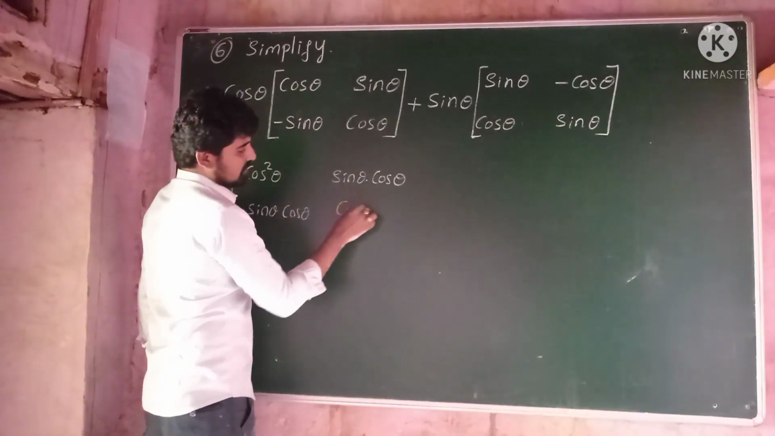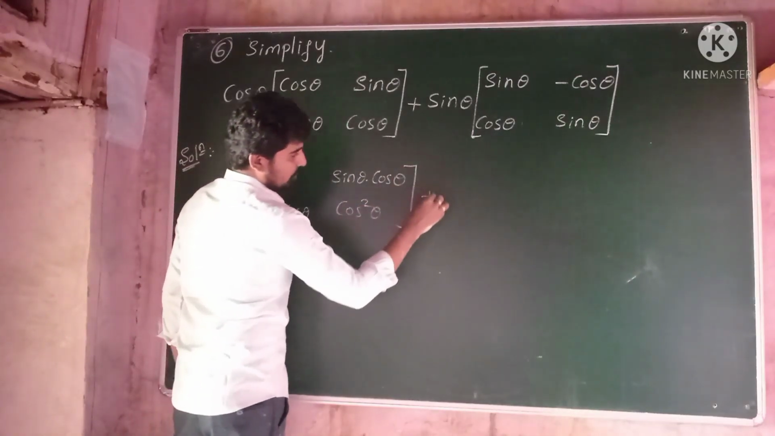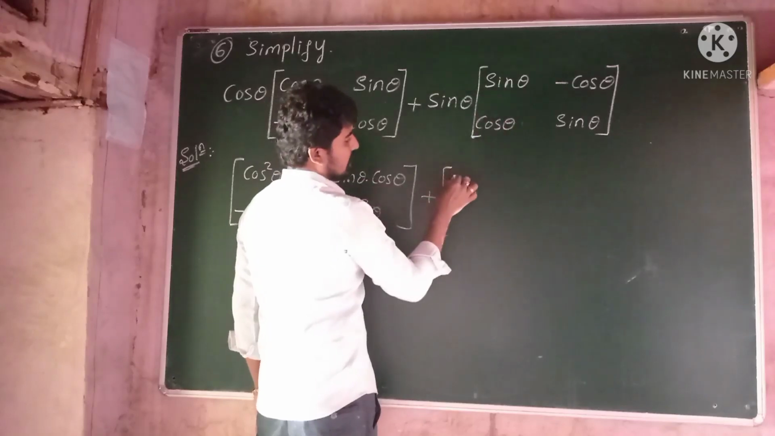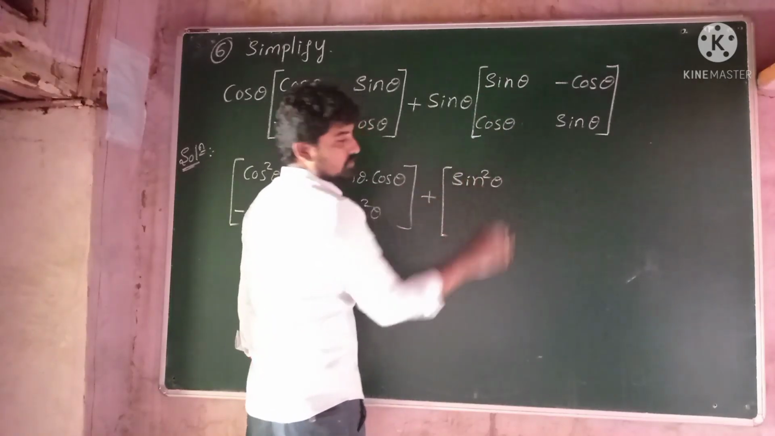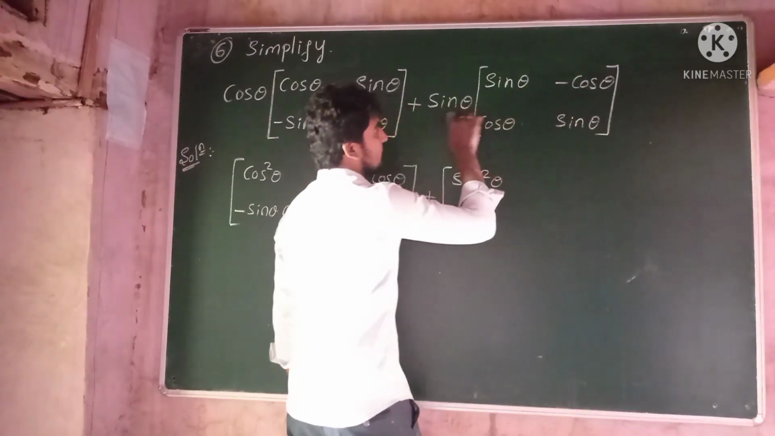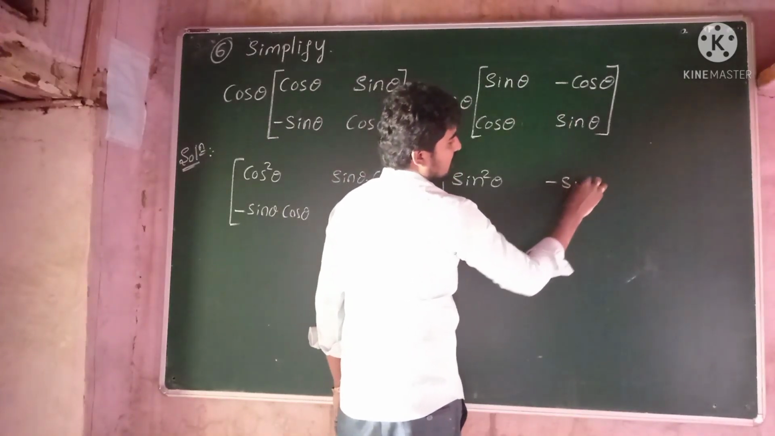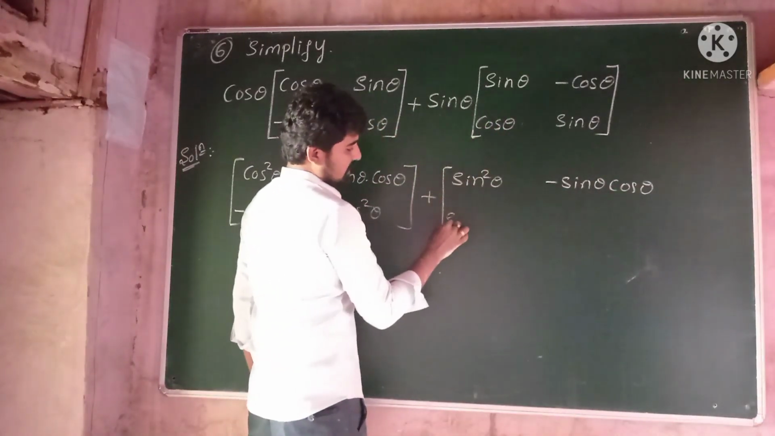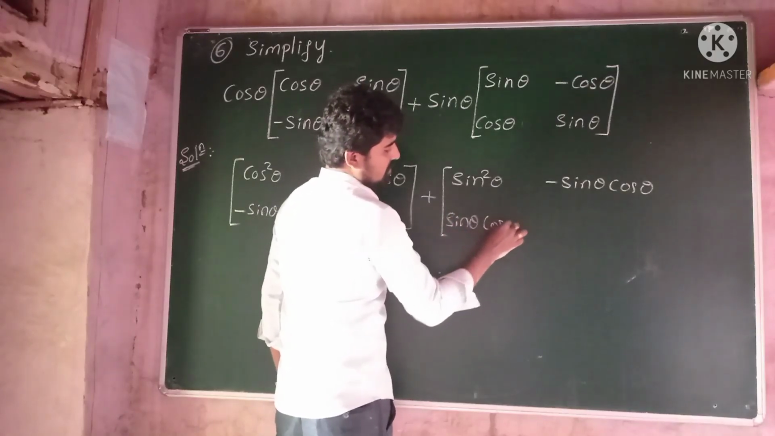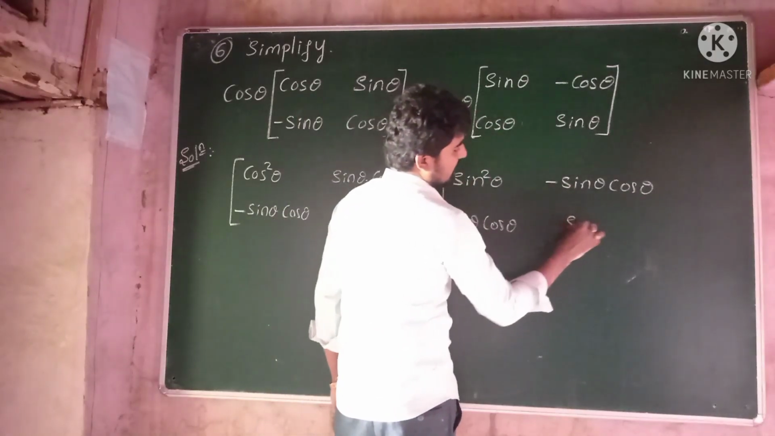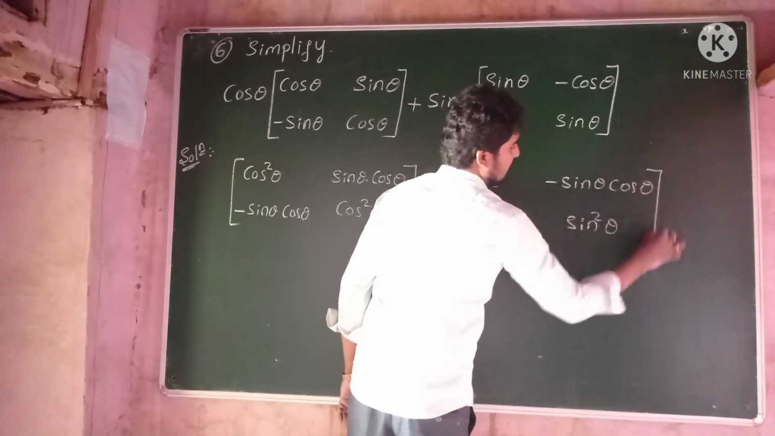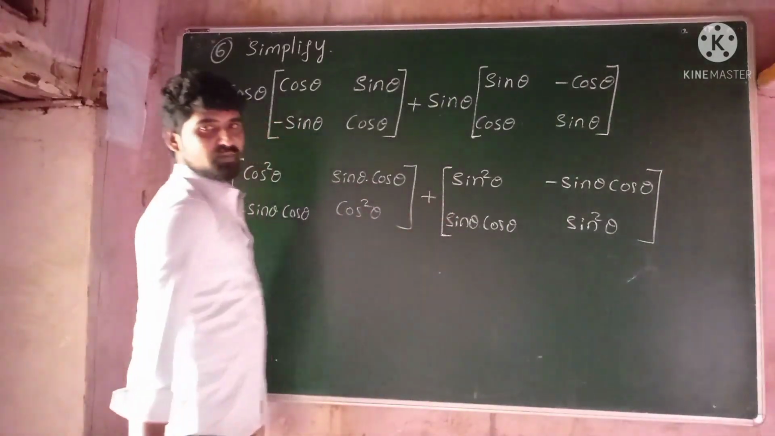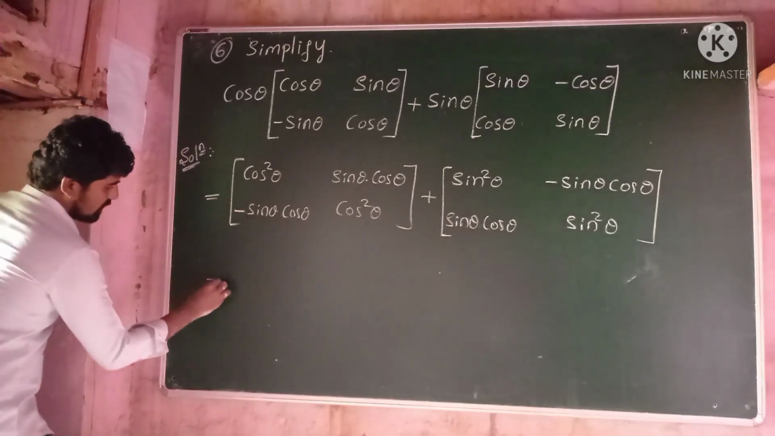Similarly, cos theta into cos theta is cos square theta, plus sin theta into this matrix, sin theta into sin theta, sin square theta, sin theta into minus cos theta, minus sin theta into cos theta, and then sin theta into cos theta, sin theta into sin theta, sin square theta. Now addition of these two matrices is obtained by adding the corresponding elements, and which is equals to